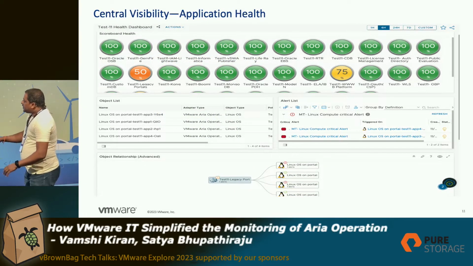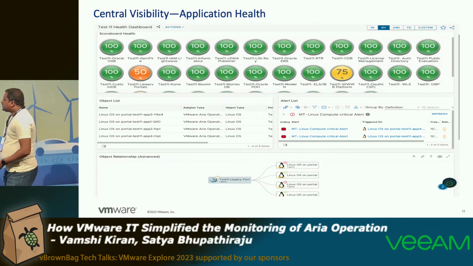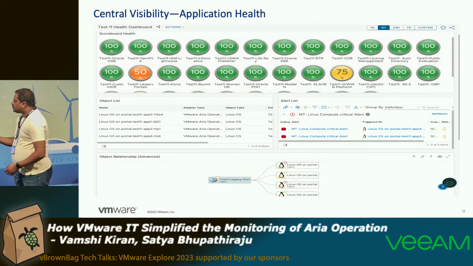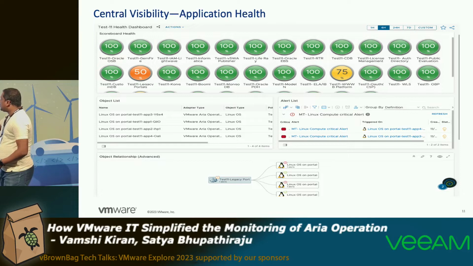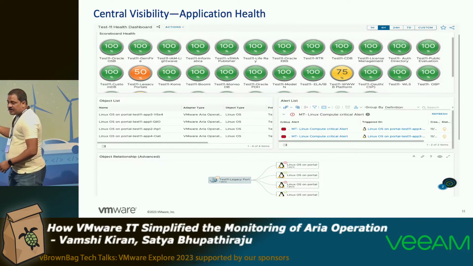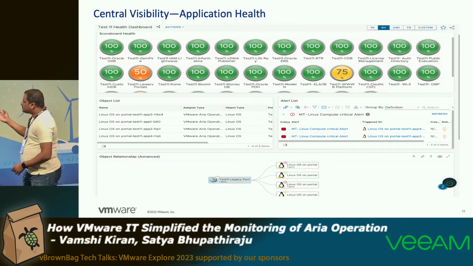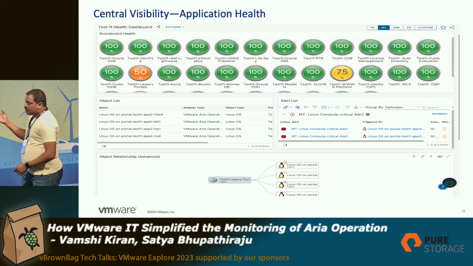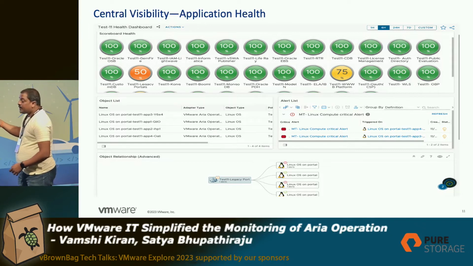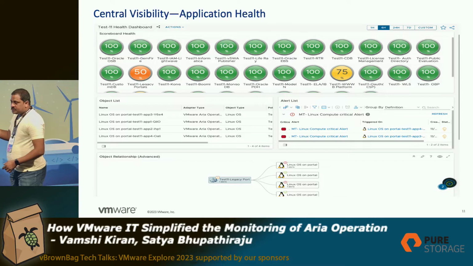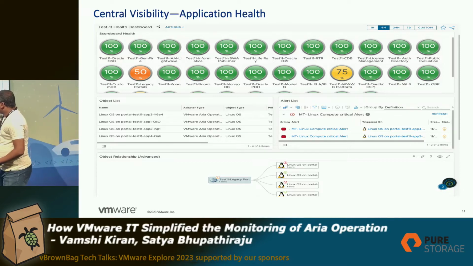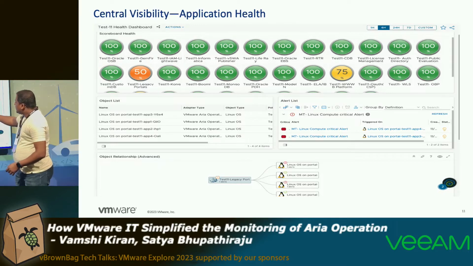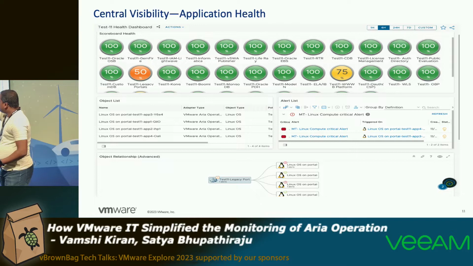This is centralized visibility for application owners for their test environments, each individual environment or application-wise. We have a centralized dashboard where we can see the health, and down below the components which we mapped by using the custom groups. For example, we have here the platform group, which contains all these VMs, and these are the alerts. You can see the health here itself, which is 75%.